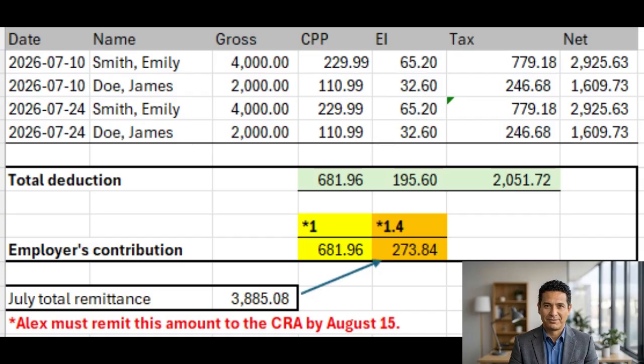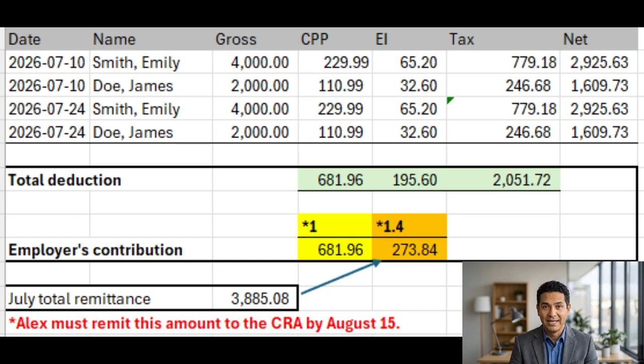July payroll summary. During July, Alex paid 2 employees on 2 separate pay dates. From their paychecks, Alex withheld $681.96 in CPP contributions, $195.60 in EI premiums, and $2,051.72 in income tax. In addition to these employee payroll deductions, Alex must also contribute